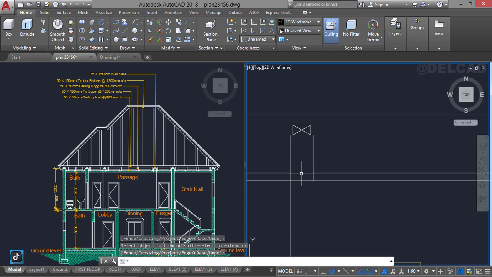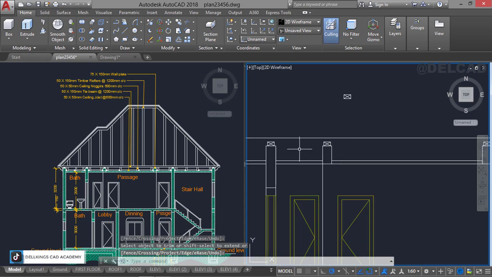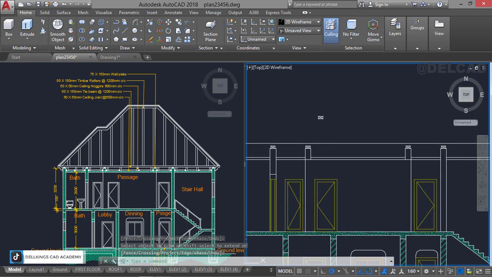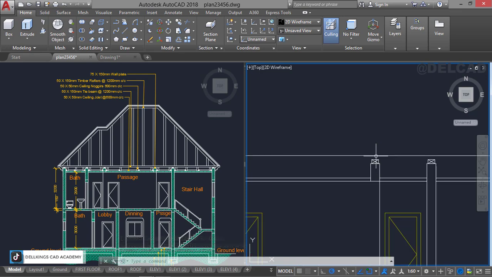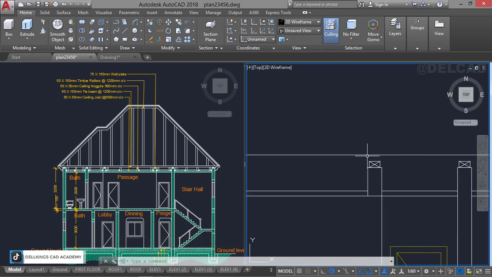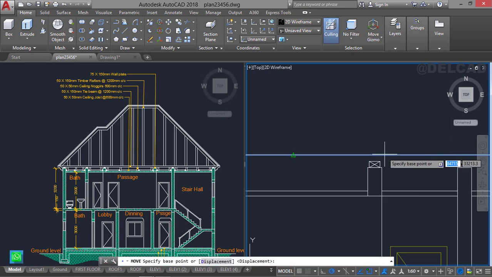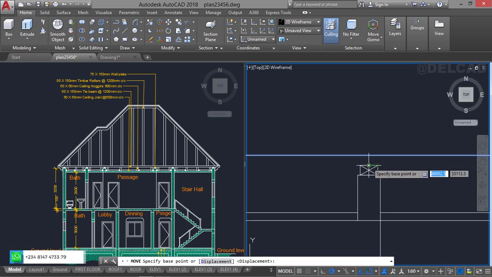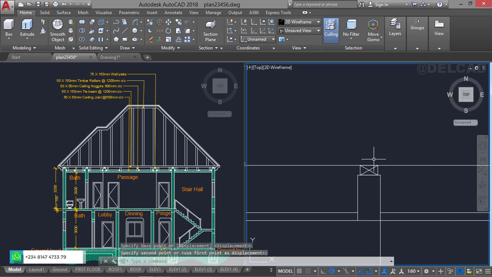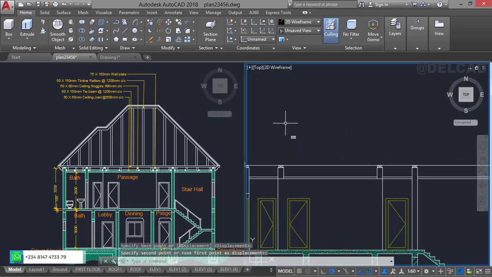And after that we can then move this very particular line at the top to the base, or to be at the top of the wall plate. So select this line, right click and move. We can locate the center of this and move it down just like this. Have this wall plate deleted,